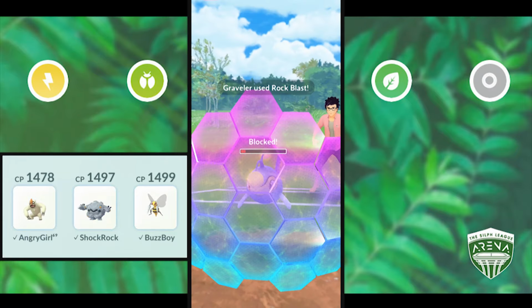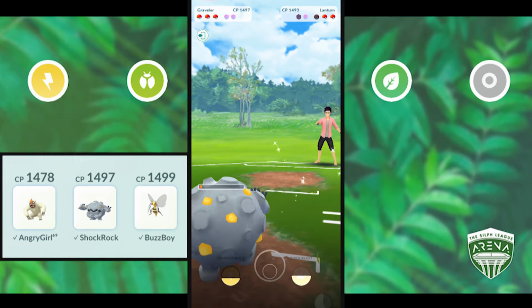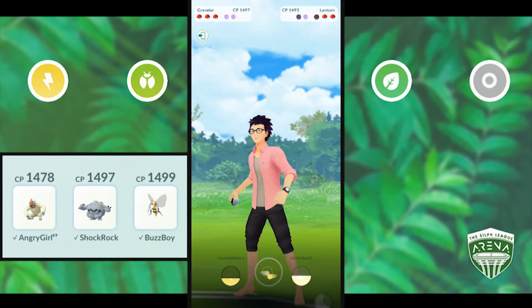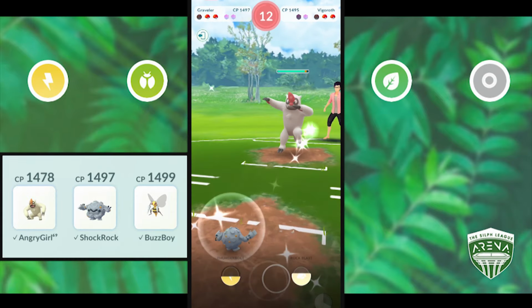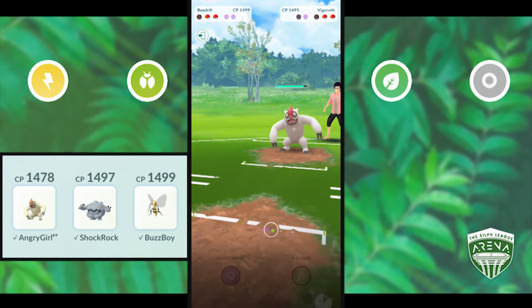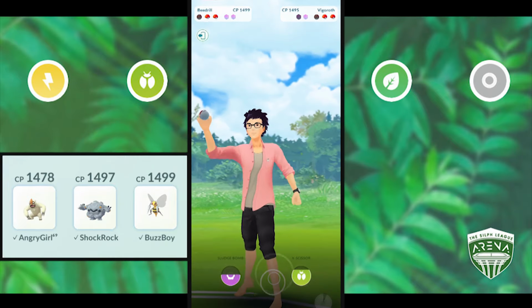He spends the shield, and I end up taking him out anyway with my fast moves, but it cost me my own Alolan Graveler. I still have a shield advantage, and my switch clock is counting down here. So I'm pretty much going to wait out my switch clock and then come in with Beedrill to handle his Vigoroth. So he showed his hand a little early there, and he has his switch advantage, so he comes back